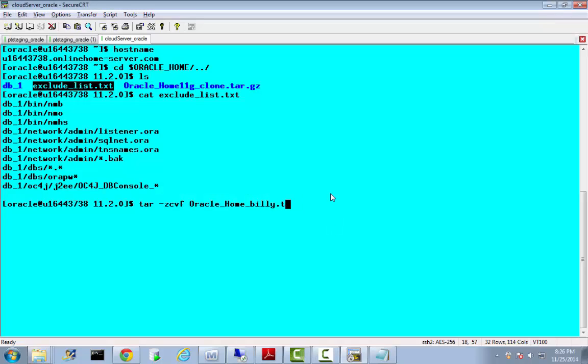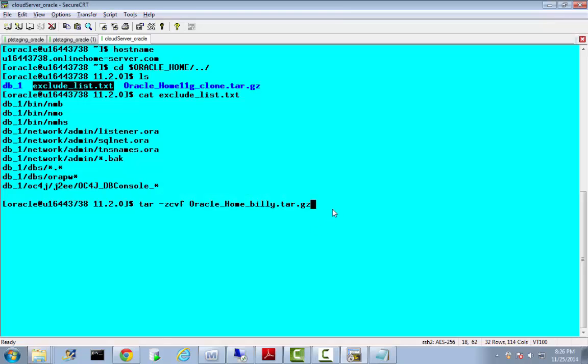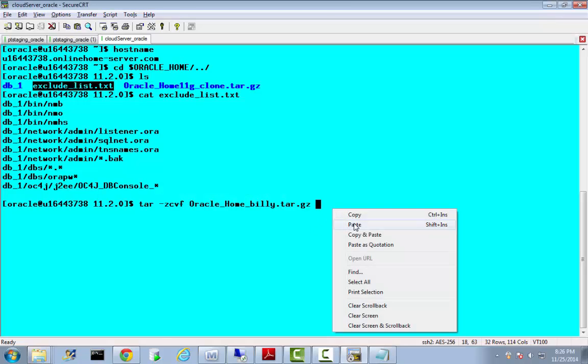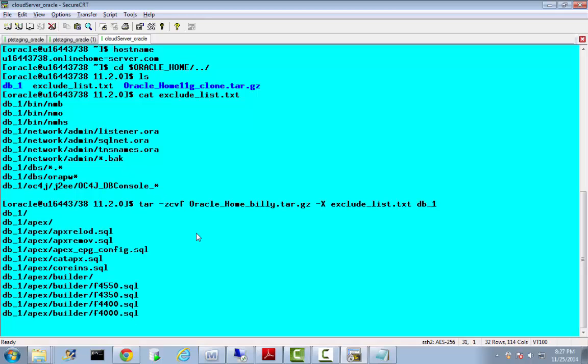So .billy.tar.gz. So what are we doing? We are trying to copy the entire folder that constitutes our Oracle home. So this is our Oracle home right there. We are excluding whatever is in this file. The -x means exclude whatever is inside this file, and the resultant tar file will be called this name. Okay, and these are the switches given to the tar command, and when we press enter, it begins to zip